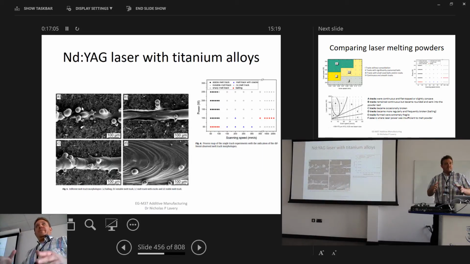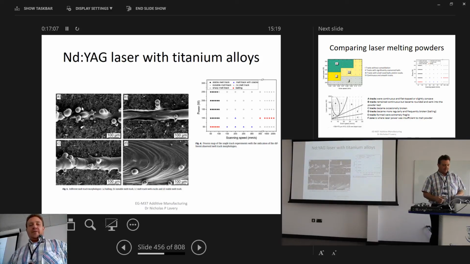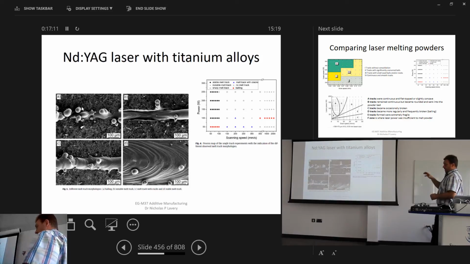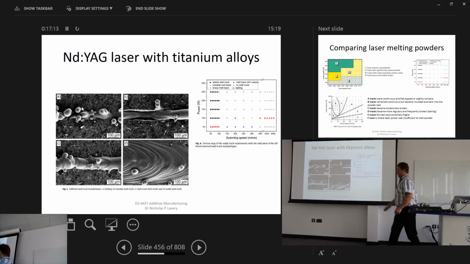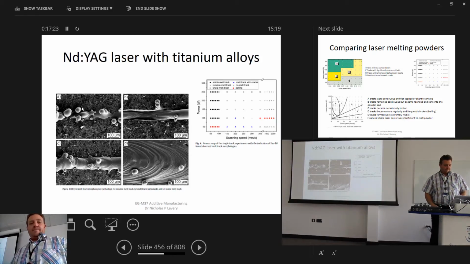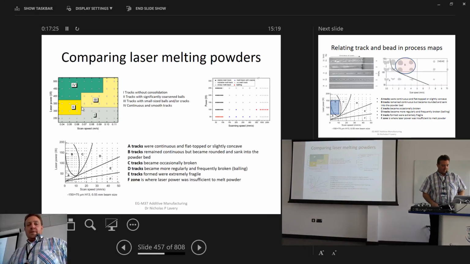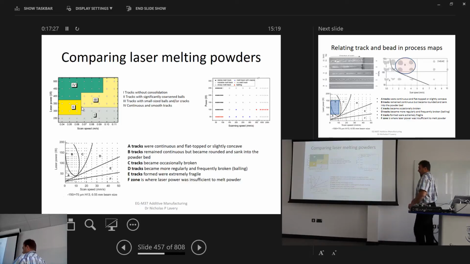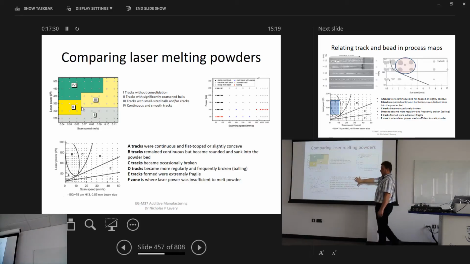Just to show that variation with different materials and different lasers, but essentially doing a very similar thing. We're looking at the effect of varying the power and the effect of varying the speed, and what happens to the melt tracks or the consolidation. So if we just focus on this one here for the time being, which is probably the most complete, we'll have,